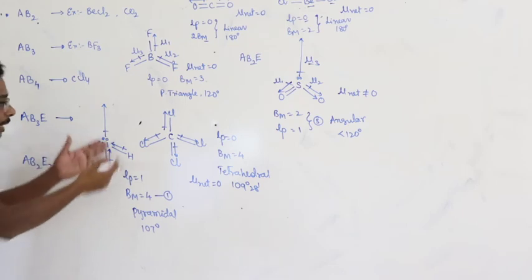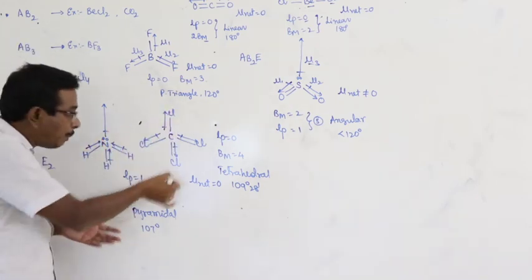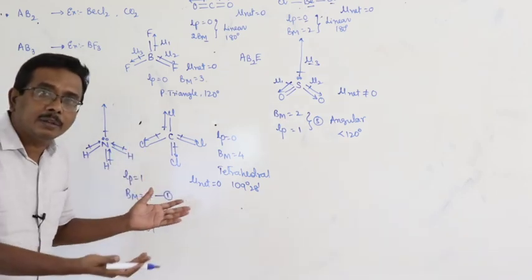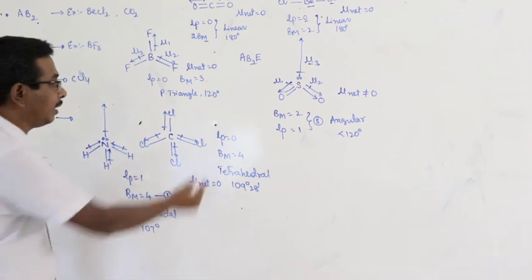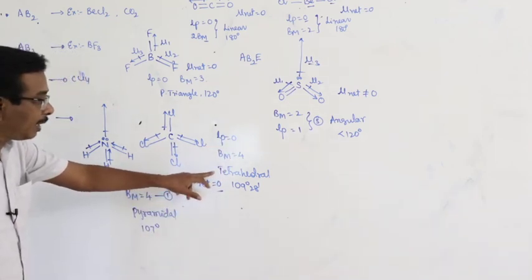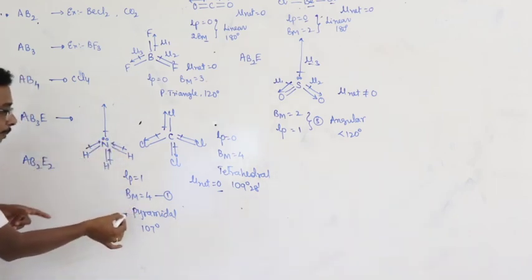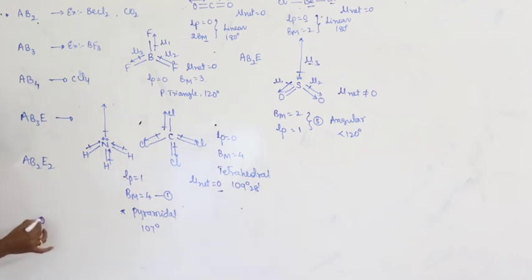Here the dipole moment is a vector quantity. If it is positive in one direction, in the opposite direction it may be cancelled because it has a negative value. They are mutually opposite with each other. So, net dipole moment 0. Then automatically the shape of the molecule is symmetric. But here the shape of the molecule is not symmetric. Why? Due to presence of lone pair. Right. AB2E2 type.